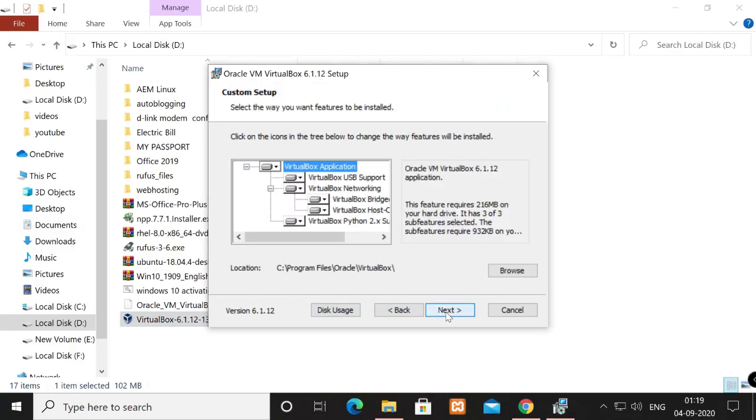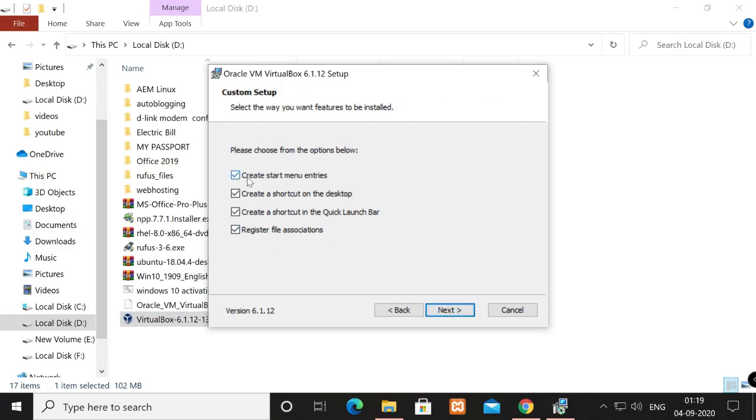Next, then next. No need to create start menu entries. I am unchecking this option. Also no need to create a shortcut on the quick launch bar. Register file association is required to orchestrate the registry value. Next,